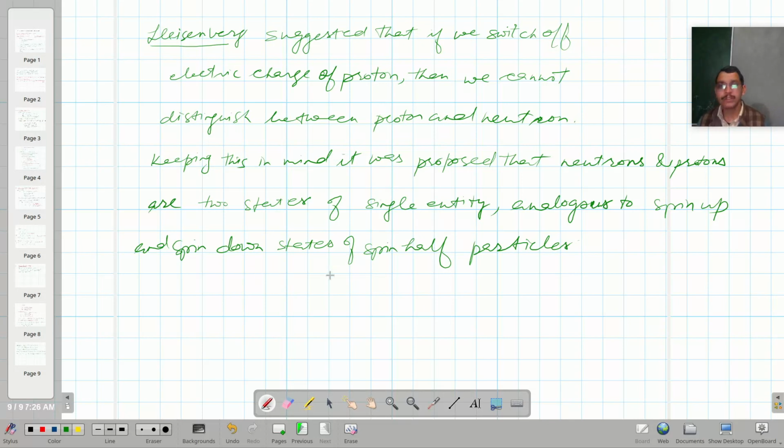So that means proton is represented by the state (1, 0) and neutron by (0, 1),